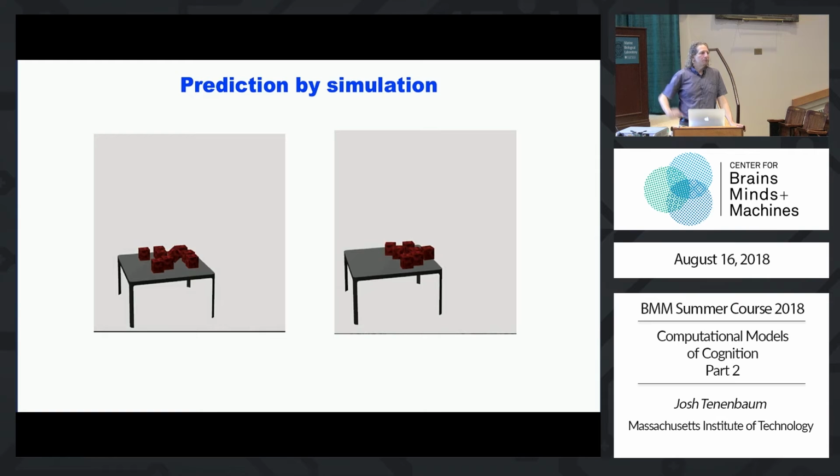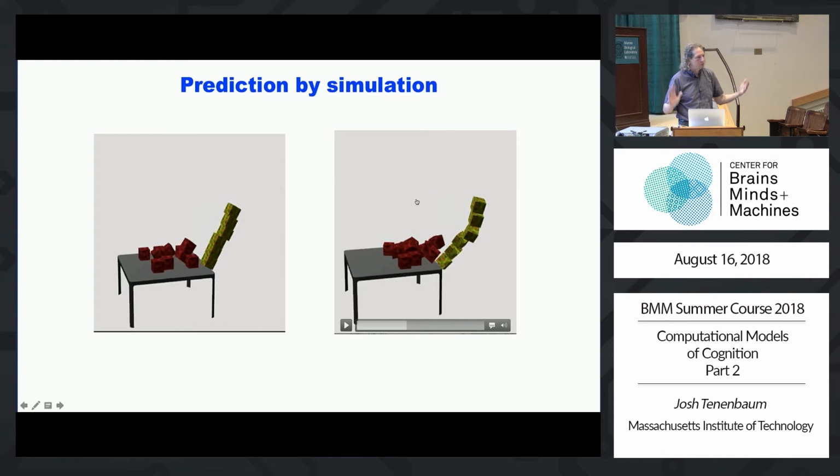But it doesn't really matter which of those simulations you ran, because the outcome at the intuitive level is the same, right? And also notice you don't have to run the simulation all the way to the end. You can just run either of these simulations for a few time steps, and you already know what's going to happen, right? It also doesn't have to be very accurate. I'm showing you a fairly fine-grained accurate simulation, but you don't have to run a fully accurate simulation. It can have a lot of noise or low precision, and it'll still come out about the same, all right? Noise and low precision will bias you towards seeing things that are more unstable, but as I already showed you, and we have a lot of other evidence for this, human perception is biased in that way.